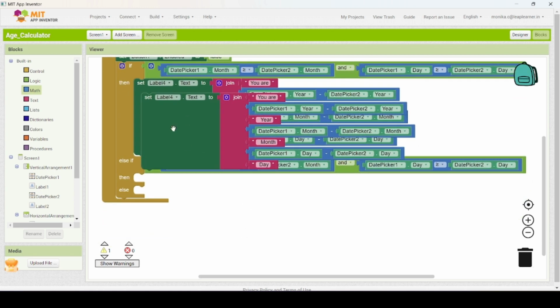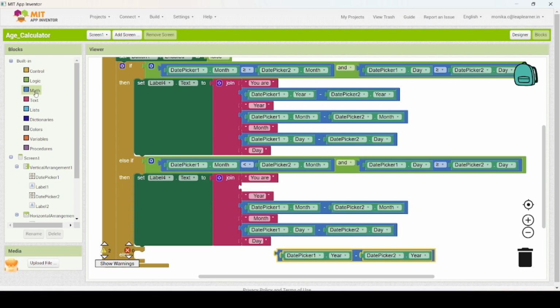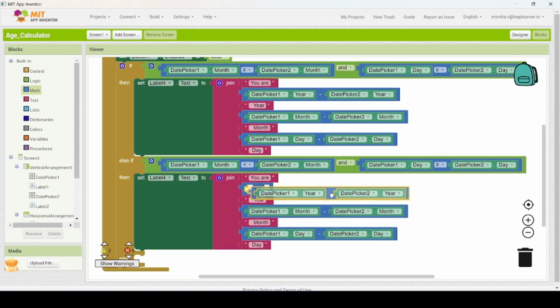Right-click on Lab Alone text to block and create duplicate. Drop inside then block here. We are checking if month is less, then we have to ask for carry and 1 year will be subtracted